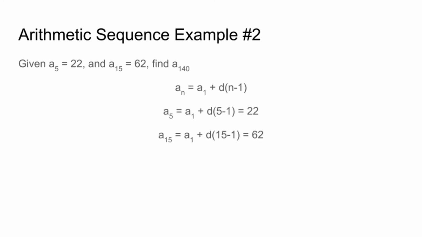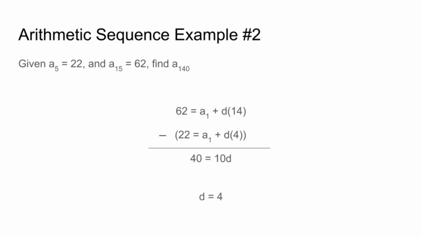We can plug into our first value, a5, which is equal to 22, equals a1 plus d times 5 minus 1. And we also know that a15 is equal to 62, equals a1 plus d times 15 minus 1. So now that we have two equations and two unknowns, that means we can solve the equations. First, let's subtract the two equations and get rid of a1, giving us 40 equals 10d, solve for d equals